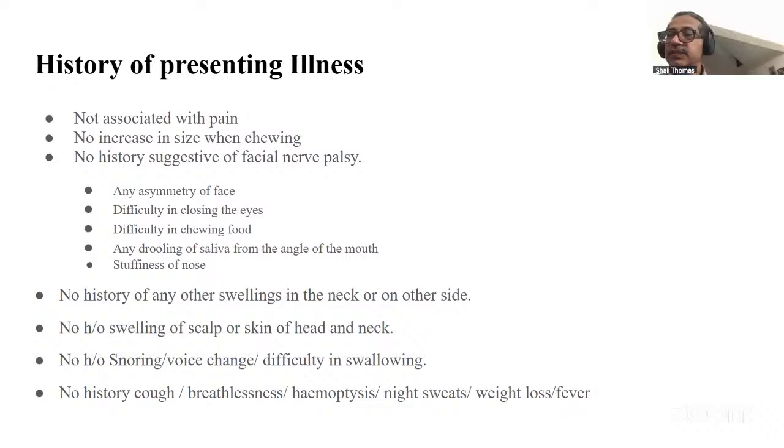So there is no size variation of the swelling with chewing. Yes, sir. Okay. Is there any history of fluctuation in size? There's no history of fluctuation in size when eating, sir. Or with upper respiratory infection? No, sir. What does it imply? Sir, increase in size with upper respiratory tract infection may imply a diagnosis of branchial cysts, which are supposed to flare up with upper respiratory tract infection,